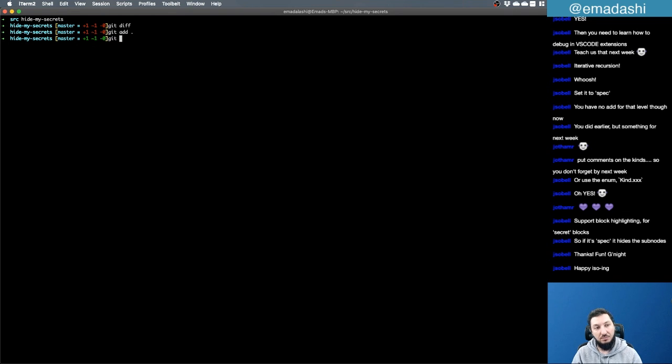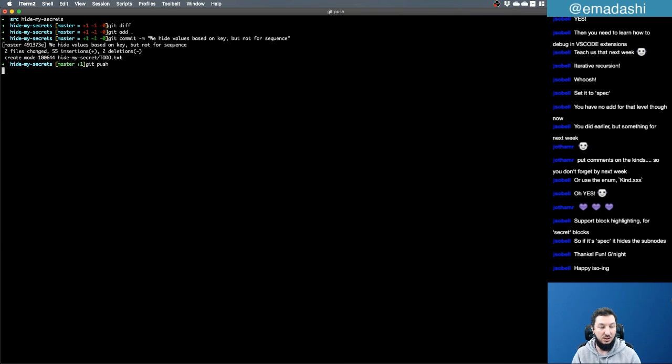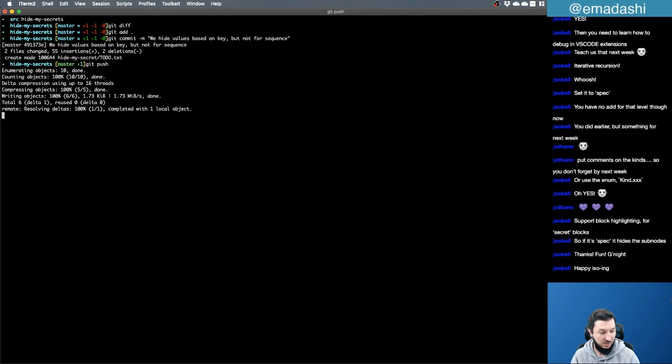Git commit. The message is we hide values based on key, but not for sequence. Git push. You all have access to the repos, so